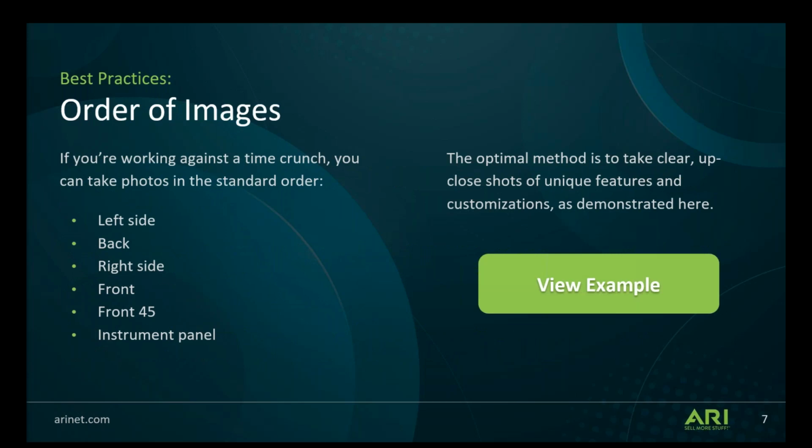Order of images. If you're working against crunch time and you want a set of real images, this is what we suggest, and we suggest doing them in this order. So first the left side of the unit, then the back of the unit, the right side. You can see any features that are on the front, headlights, bumpers, add-ons, the front at a 45-degree angle,